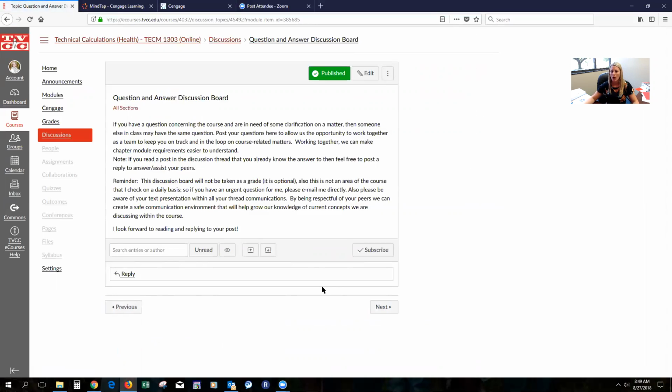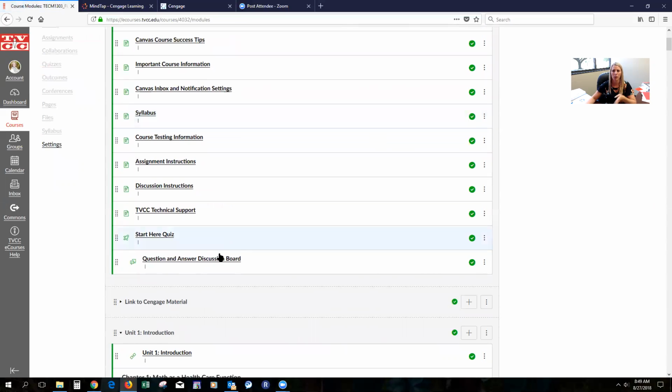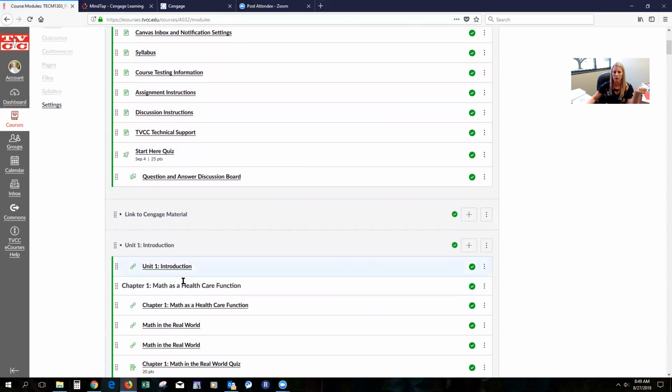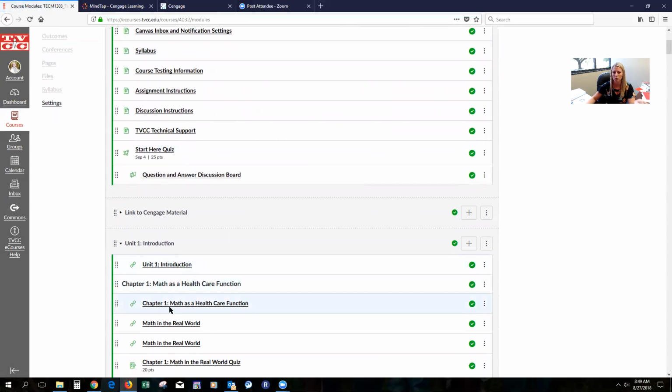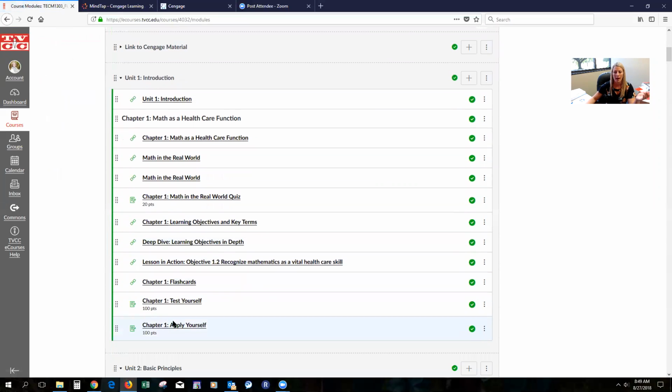in the course. I will throw this out there since we're kind of talking about progression of the course. The course is made to progress in the order that it's set up in the modules. So I highly recommend you do not skip around on the material. Start in Unit 1, Introduction, and move through the modules in the order that the material is being presented. I did not put any prereqs on it because I felt like we're all adults here and I did not need to do that. So I just highly encourage you to start at the top, basically, and just work your